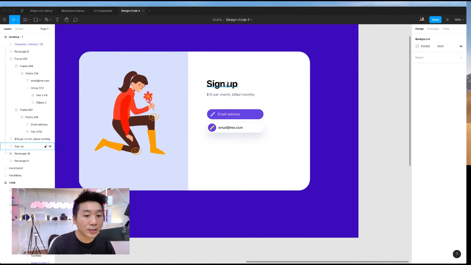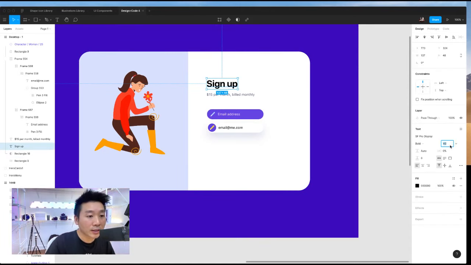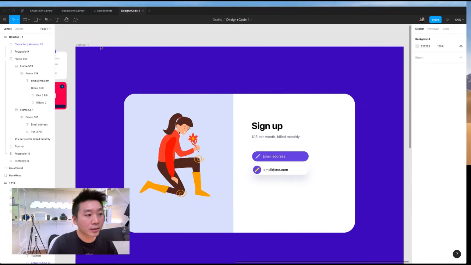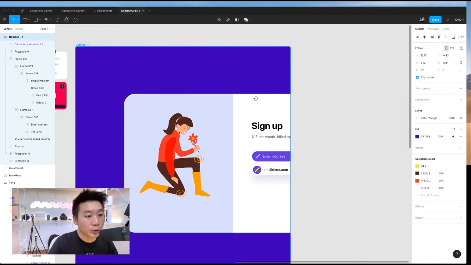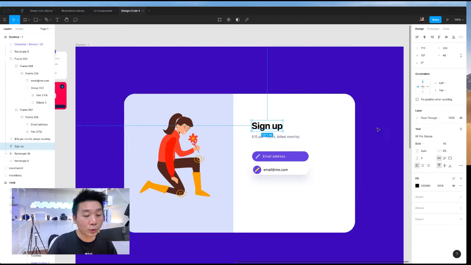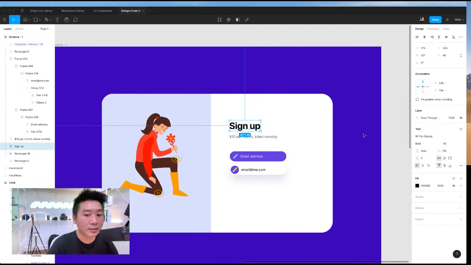But as you can see, the title here, we can set anywhere between 34. For the web, I would say you can go bigger because the larger the width of the screen is, the larger the font size can be. So let's say if you were to set this on mobile, you would have to set a font size of roughly 34. But for desktop, this could go maybe to 50 or even 60,